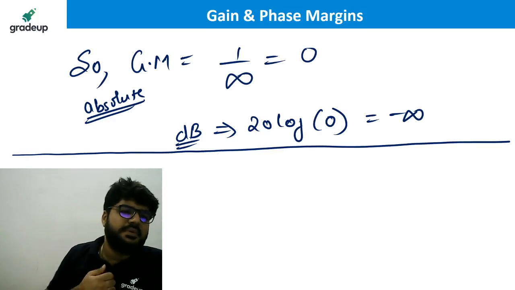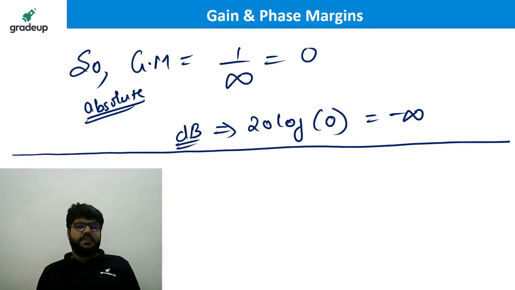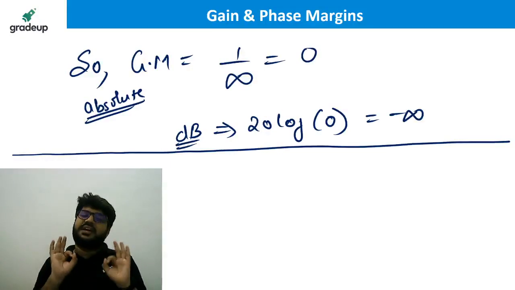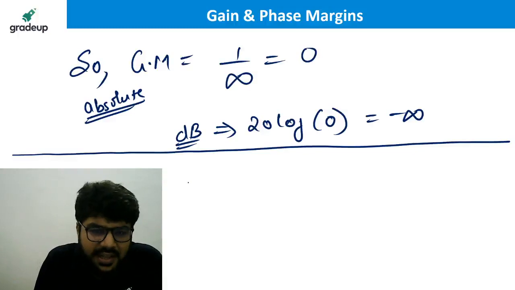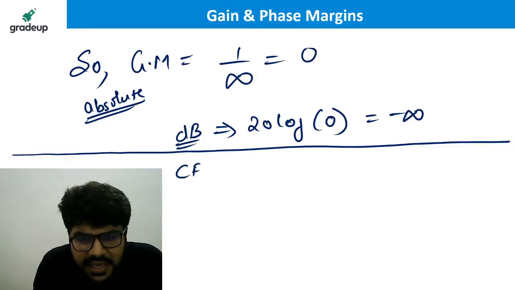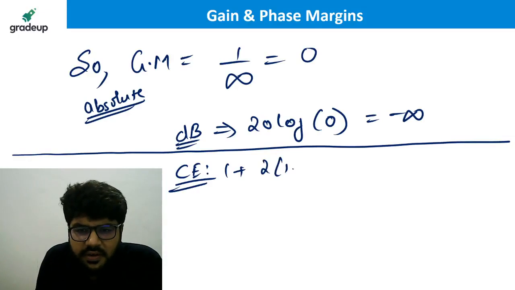Now Shubham, decibel may be minus infinity. Log 0 is minus infinity. Okay. Now, this is not the correct answer. Why is it not the correct answer? I will explain. See, the characteristic equation of the system is 1 plus GsHs equal